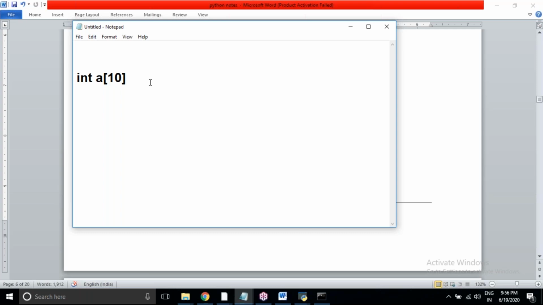We can do calculations quickly, so faster execution will be there. So in Python, arrays are there, but we are going to discuss arrays in the last classes, because when we discuss advanced modules, at that time we'll discuss all this.